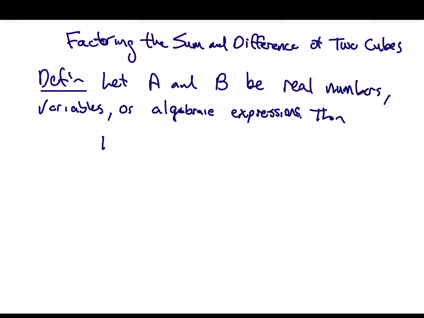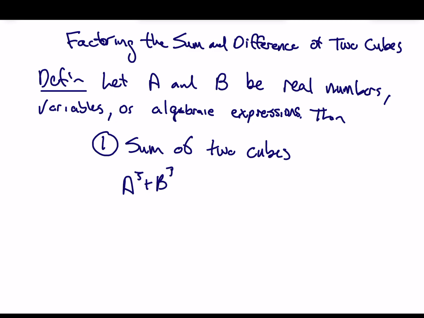Then we get the sum of two cubes is a cubed plus b cubed, and that can be rewritten as a plus b times a squared minus ab plus b squared,